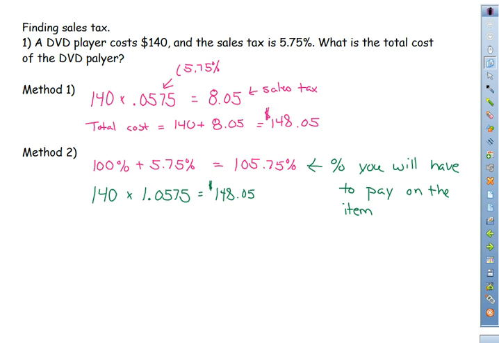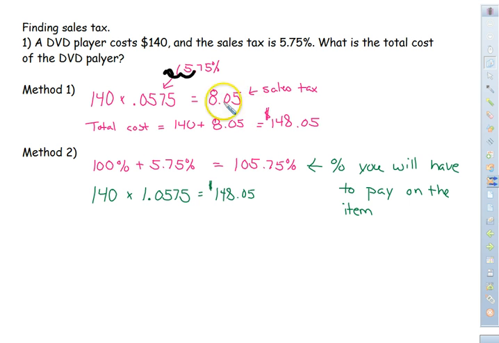For example, finding the sales tax. It says a DVD player costs $140 and the sales tax is 5.75%. What is the total cost of the DVD player? Well, there are two different methods you can use. Method one is by taking $140 times the percent, which, as we've said before, you have to convert to a decimal. So convert that by moving the decimal over 2 places to the left, or dividing by 100, to get 575 10,000ths, which then equals